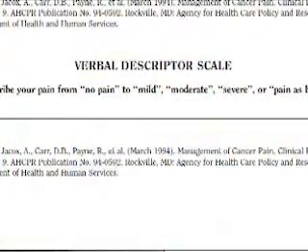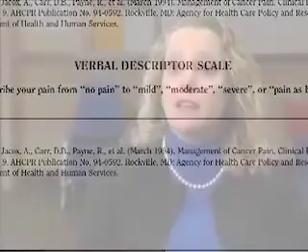The second scale is the Verbal Descriptor Scale, and that asks patients to describe their pain based on a qualitative description. So you ask patients to rate their pain, whether it is mild, moderate, severe, or the worst pain that it could be. And then you can quantify their responses, so you can still use a 0 to 10 scale when you're following the screening and or the evaluation of any intervention.